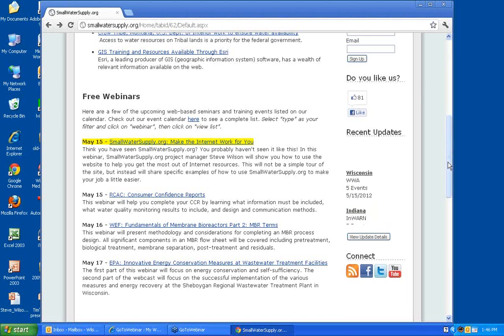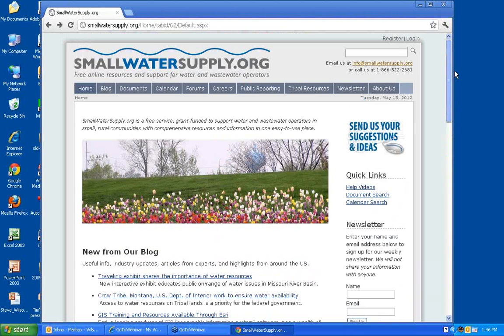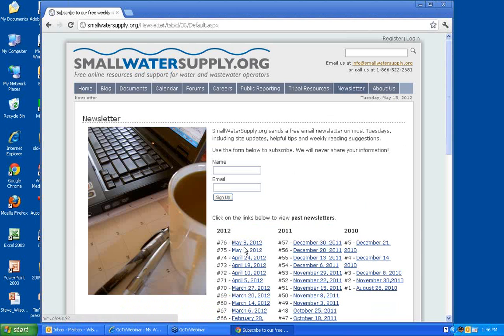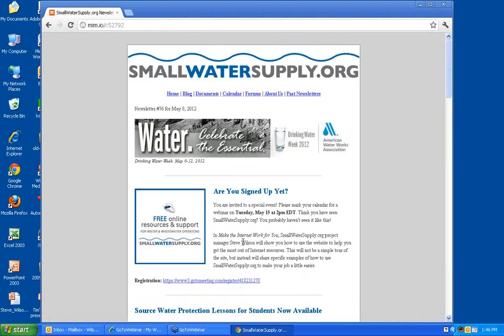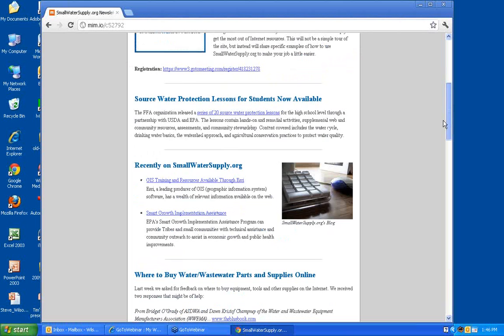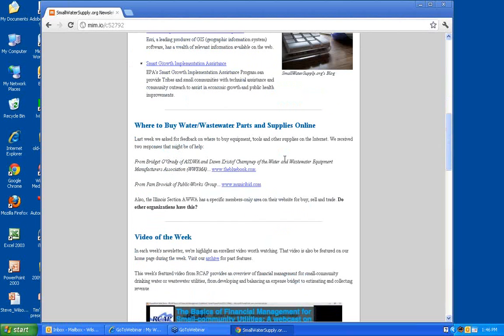We also had one other question asking if there is some place operators from different systems could exchange materials and equipment. That question actually came up, and we had something in our newsletter, I believe, last week about that. Someone had asked us, hey, do you know of a place, kind of an eBay online, where you might be able to find some of that information? Our newest newsletter isn't up here yet. We had asked in our newsletter, where can you buy equipment, tools, other supplies on the internet? And this is what we ended up with,